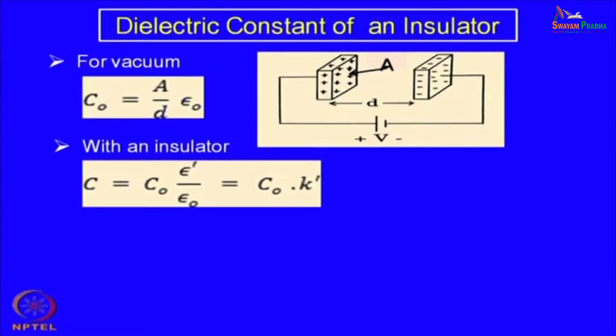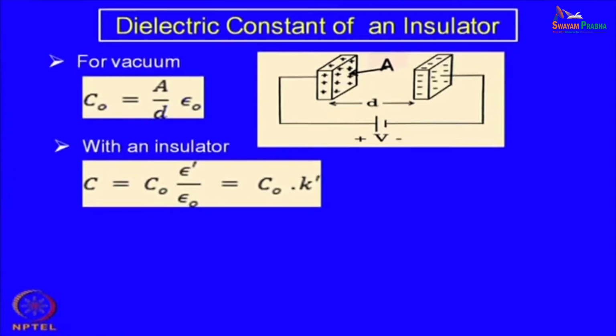C0 has been defined earlier in the previous equation, and so C0 multiplied by epsilon prime by epsilon naught, where epsilon prime is the dielectric permittivity of the material which you have placed,